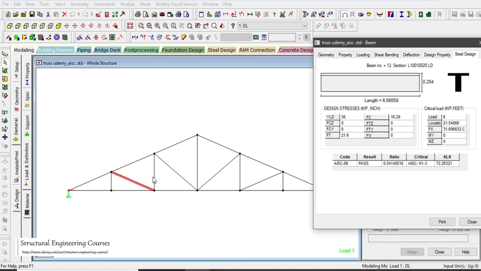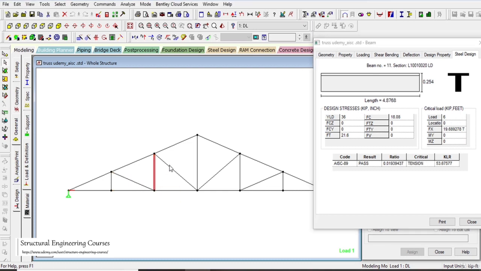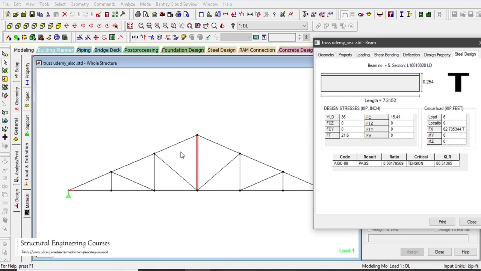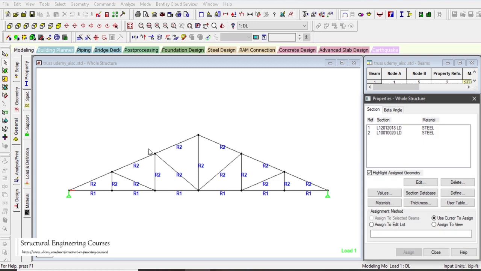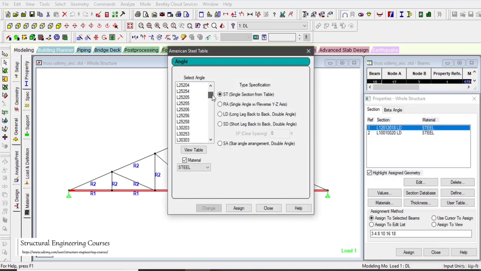And here also this is again tension. So we can also decrease the size of these members here. So if we want to decrease the size of this member here too,